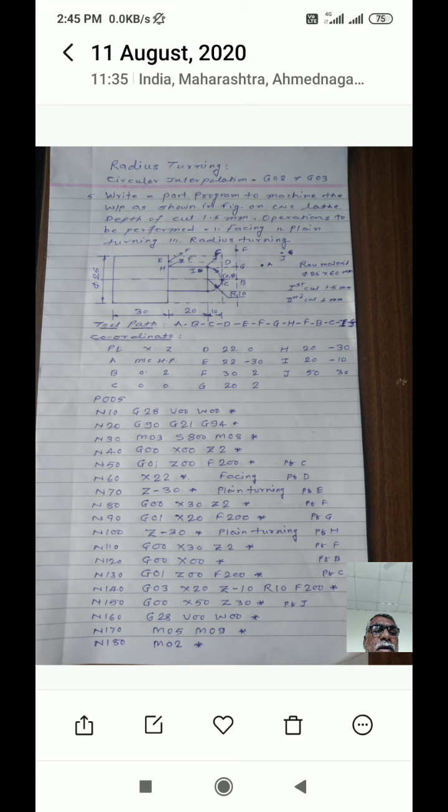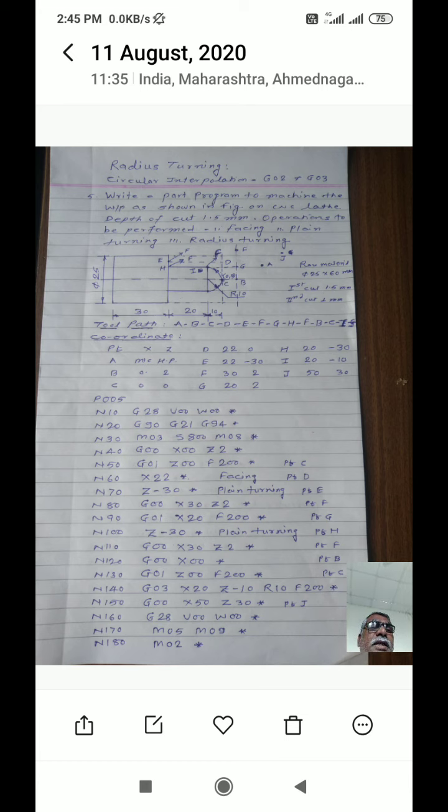Is it okay? G03, X20, Z minus 10, and you have to mention its radius. Next you have to mention R10, and you have to also control the feed rate F200 and end of the block. Is it correct?